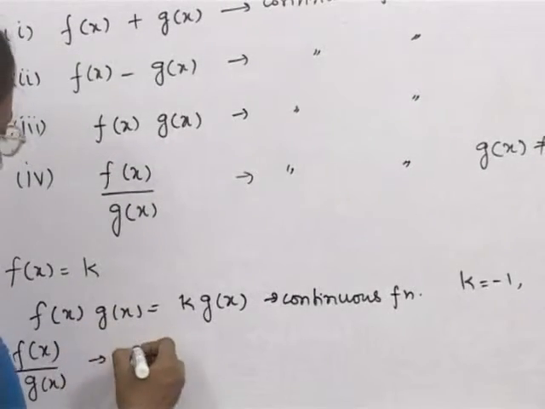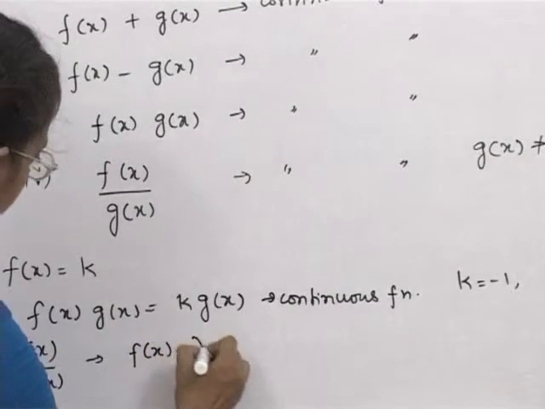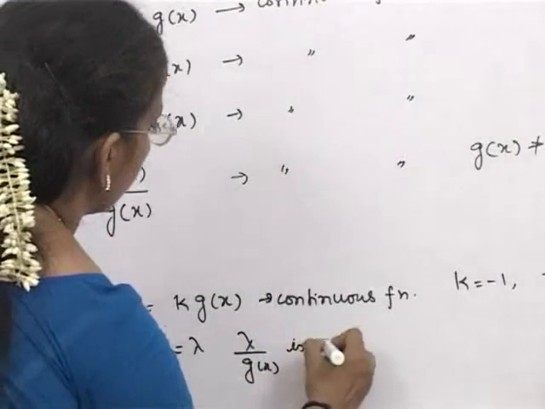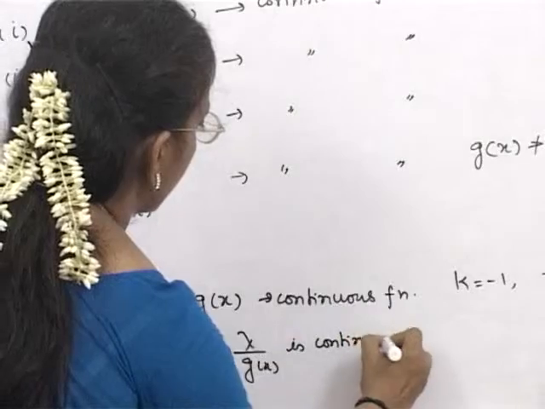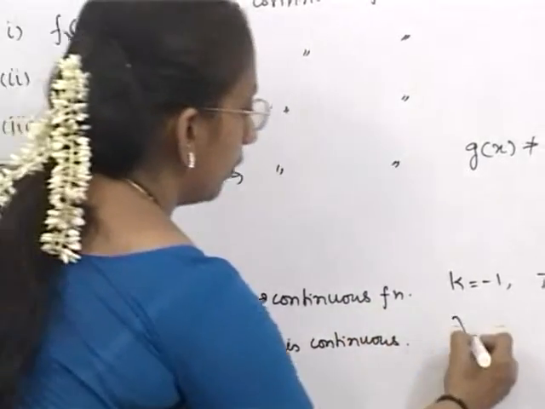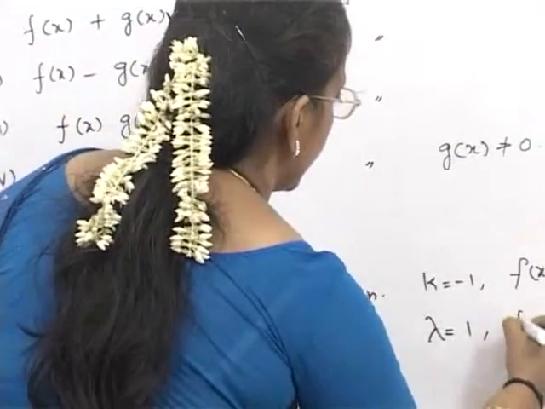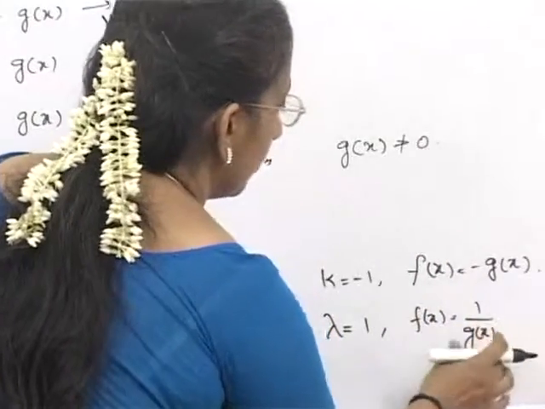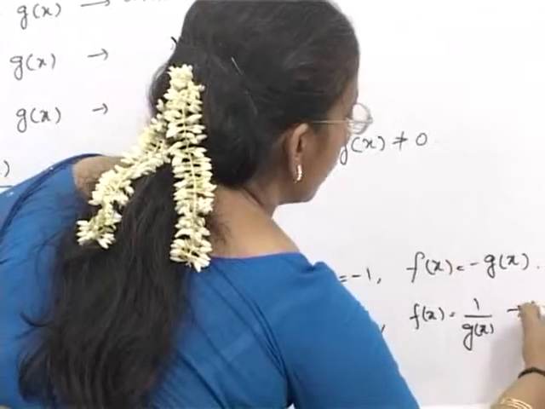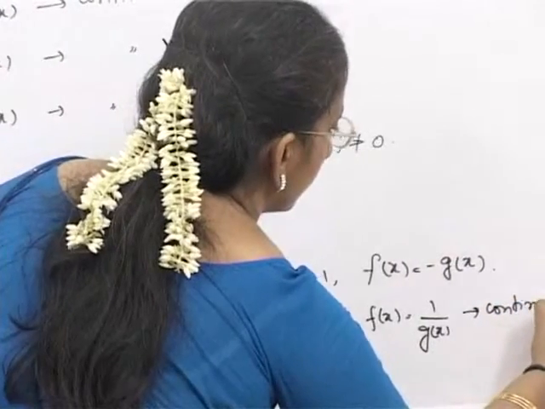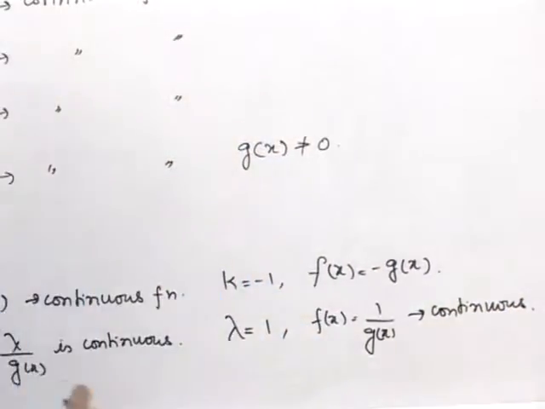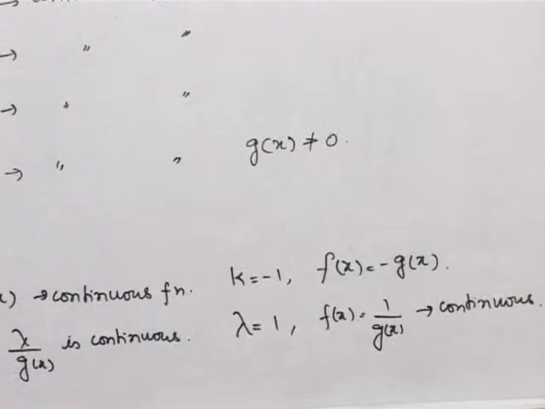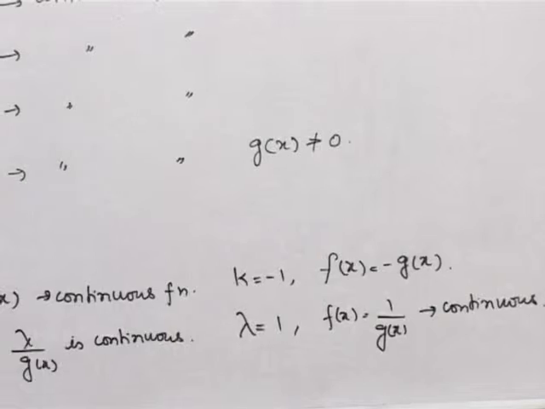If f of x is a constant, say lambda, then lambda by g of x is also a continuous function. Specifically, if lambda is equal to 1, it says that f of x is equal to 1 by g of x, which is the reciprocal of the function g of x, is also continuous. Now, these properties enable us to create a lot of continuous functions, so we can have a host